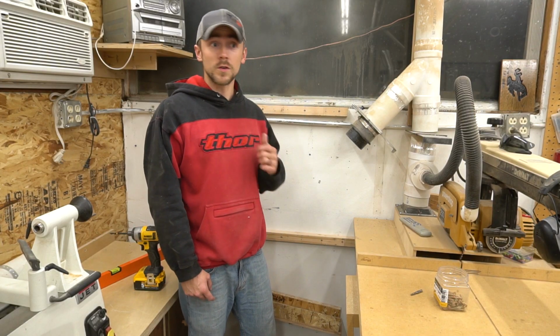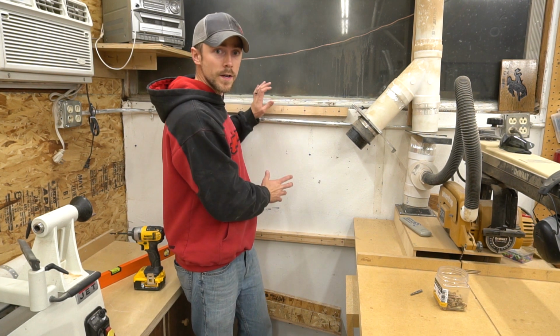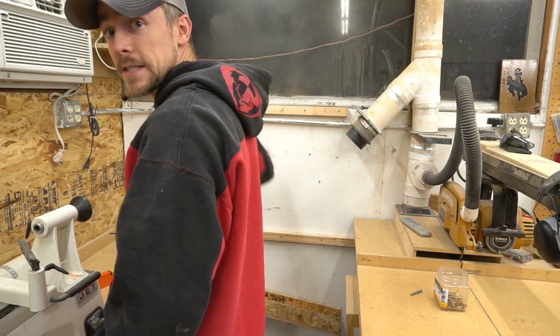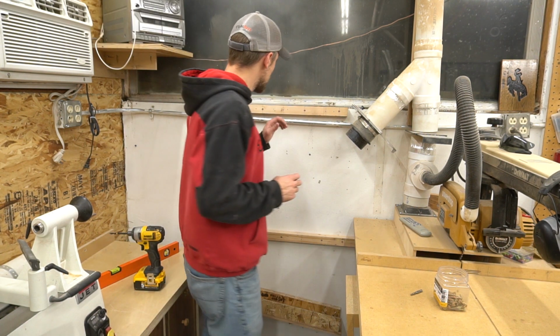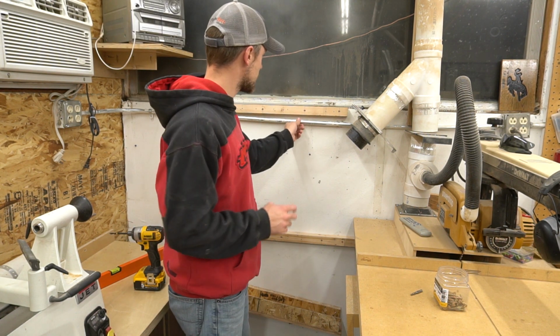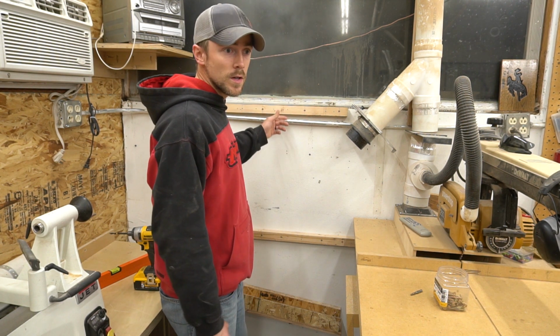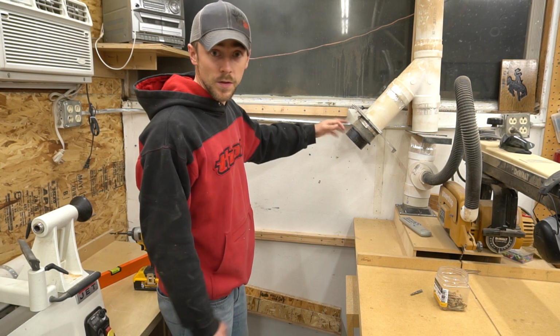So I'm going to mount this whole contraption to this wall over here so that it's next to the lathe, and all I'll have to do is reach to my side and I'll be able to get at my tools. One challenge I've got with this is this piece of conduit that's running along this wall, and rather than trying to fight with making this pass through the thing that I'm building,